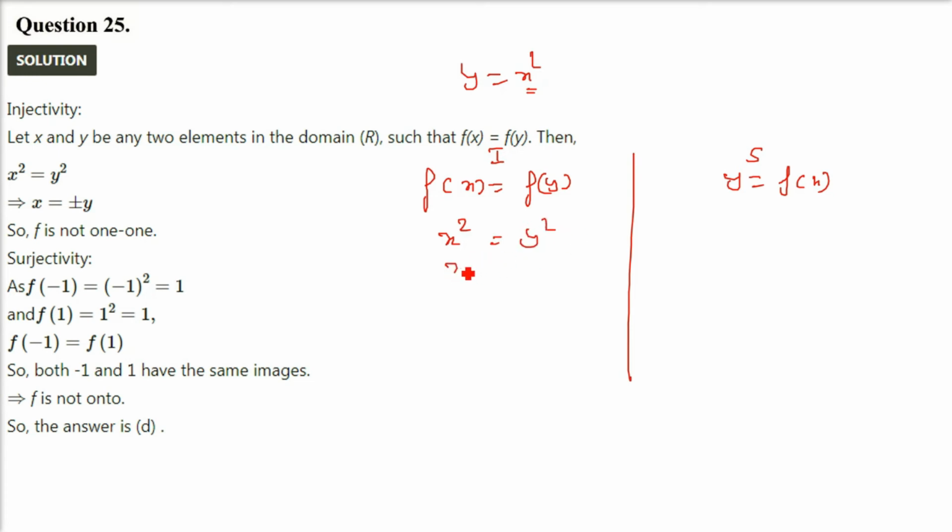So x will be plus minus y. That means you are not getting 1 to 1 value. There is no 1 to 1 correspondence. You are getting many to 1. Many to 1, x is giving you y also, x is giving you negative y also, or you can say y will give you plus x, y will give you negative x. The negative x, positive x correspond both to y. Either way, you can argue that this is not 1 to 1. And this is very clear that you are not getting a unique value of y, because for onto, every y should have a unique image.